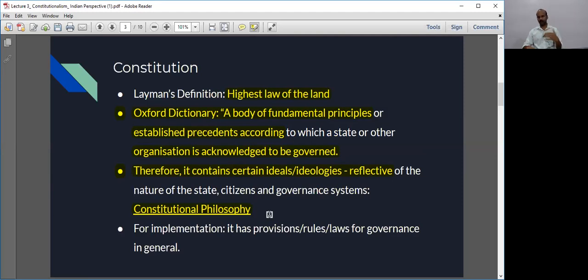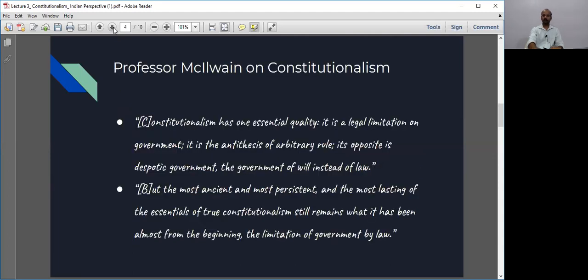What is substantive democracy then? Substantive democracy will mean that all the ideals that are enshrined in democracy, the very purpose of democracy which is inherent, or the philosophy behind this democracy, should be implemented. And only then will democracy be achieved in the true sense. Right now, there are two clear distinctions, and so the terms constitution and constitutionalism come into play. There are certain things which are written, but their just being written does not ensure that their philosophy is implemented. Now, let's move to the definition of constitutionalism.